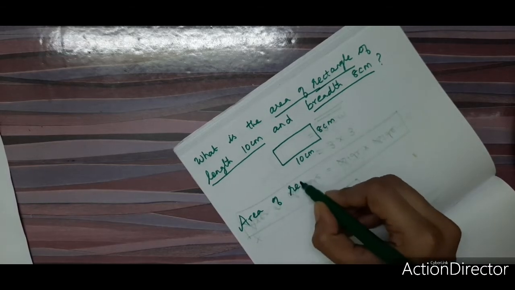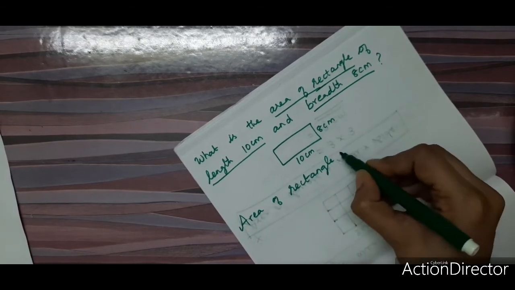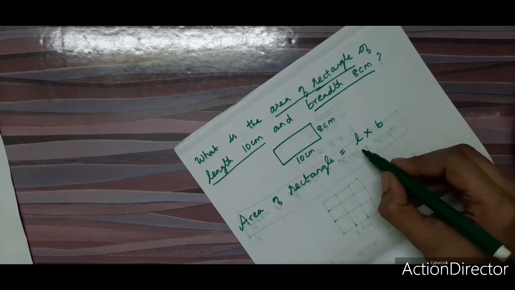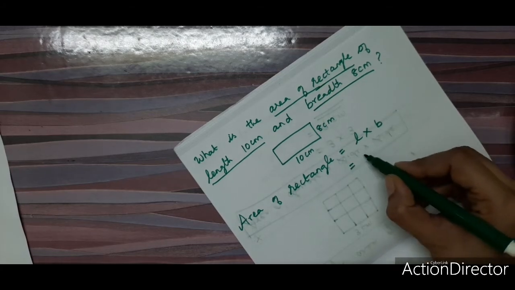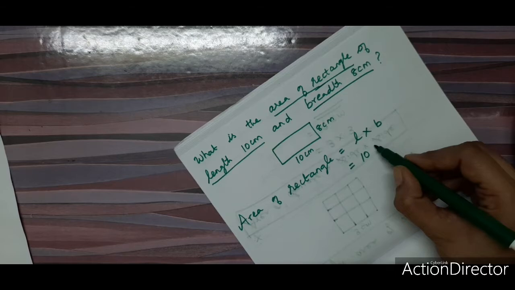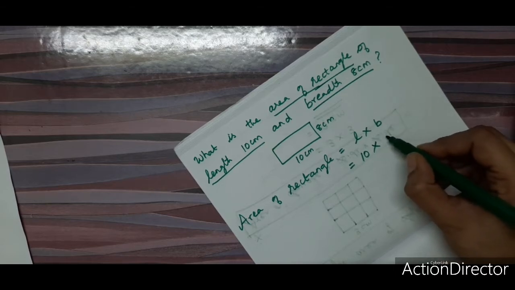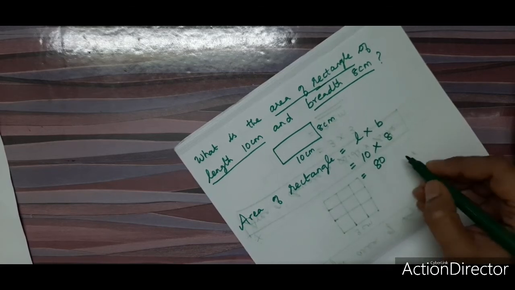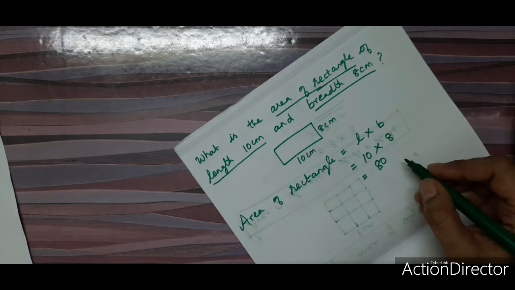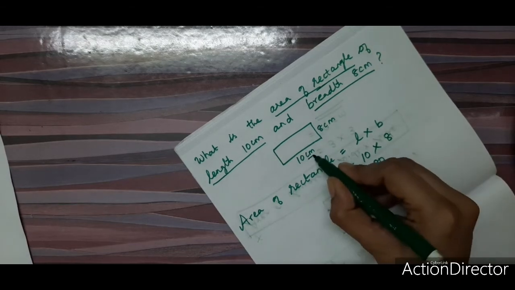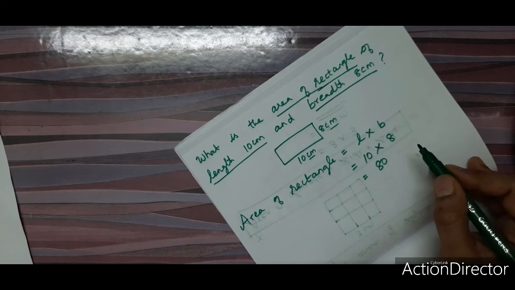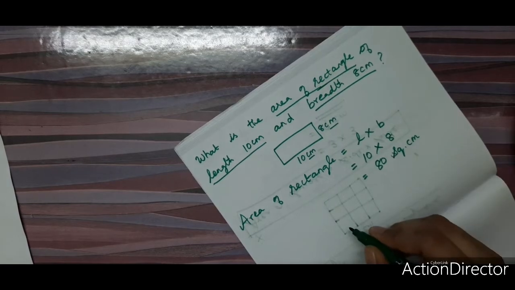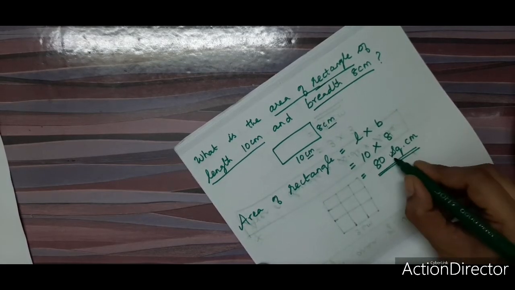Area of rectangle is length into breadth. L means length, B means breadth. So length into breadth. What is the value for length? L is 10 centimeters. What is the value for breadth? 8 centimeters. Okay. So 10 8s are what? 80. I told you for perimeter we have just written centimeter. For finding area, what will you include? You will include square centimeter. For the answer you have to write square centimeter.